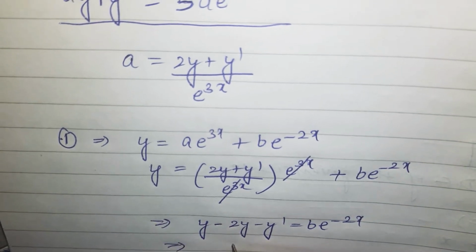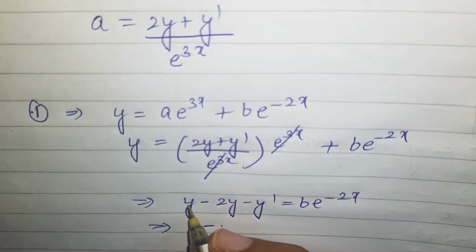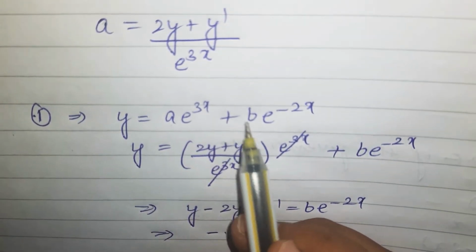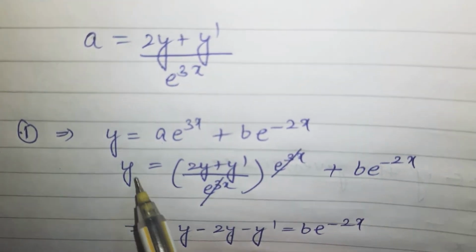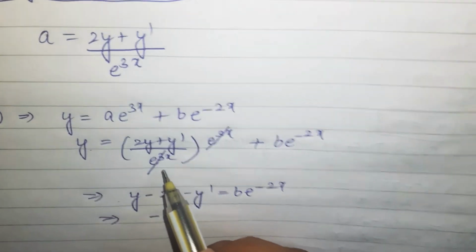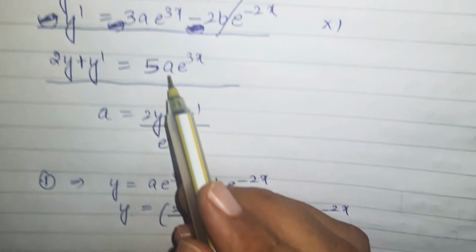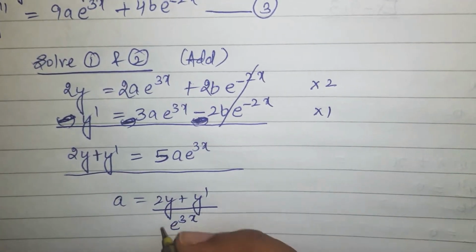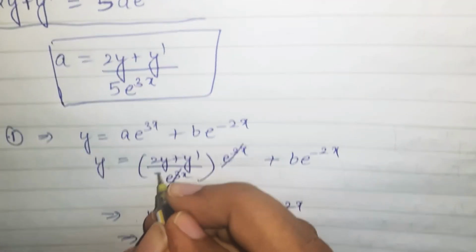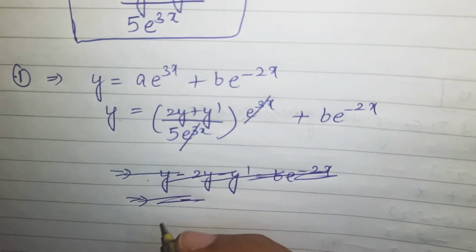So I am getting minus of this. I am getting y minus 2y. y, a e raised to the power 3x plus b e raised to the power minus 2x. So e raised to the power 3x, e raised to the power 3x will cancel out. Firstly, look at the value of a. A is, oh, 5 is missing. So this is the value of a you will be getting. So here an extra 5 will come. Okay, so this step will change. So you will be getting